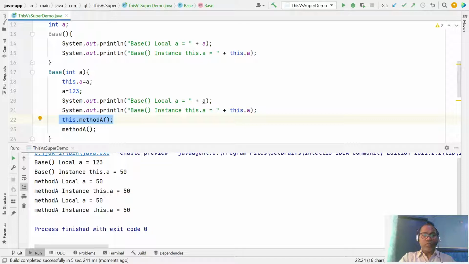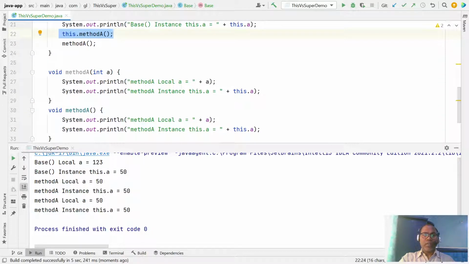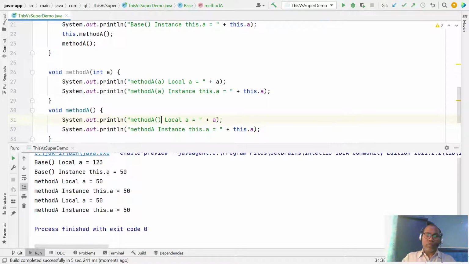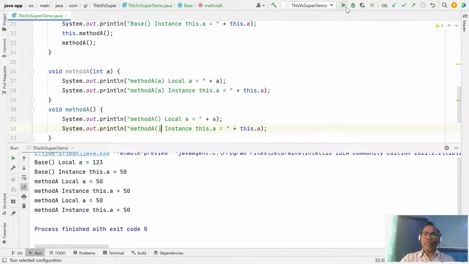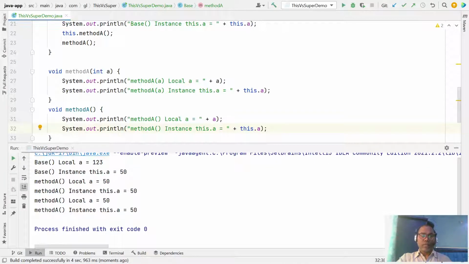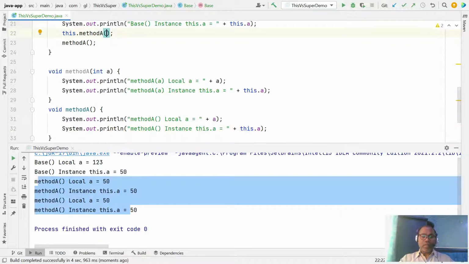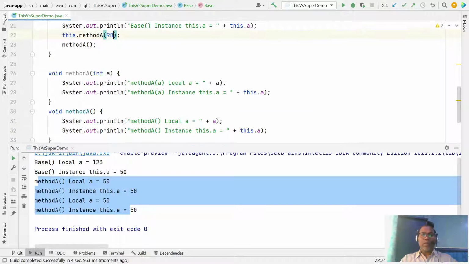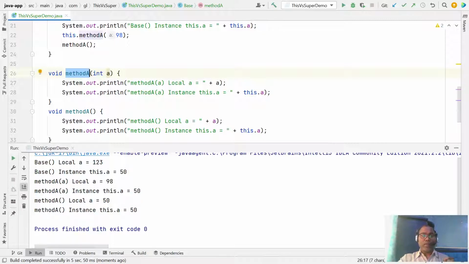So here your methods, just see, this one is the argumented one. It is confusing: this is the argumented method, or this is the one without arguments. We know that the one without arguments is invoked. So second use, this can be used to access any instance method. This is your instance method, or even you can say this is 5 or 98. Now you can access this method. So the second use, this keyword can be used to invoke your method.